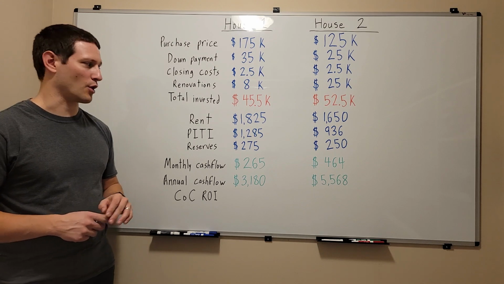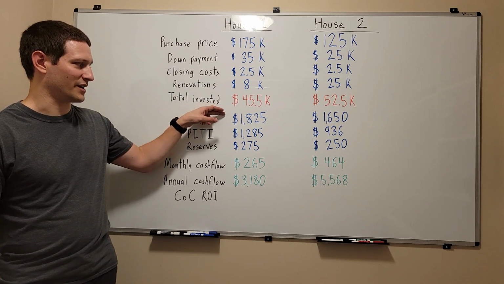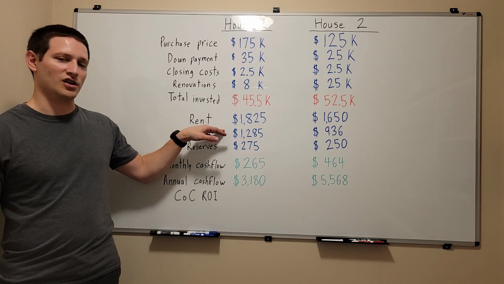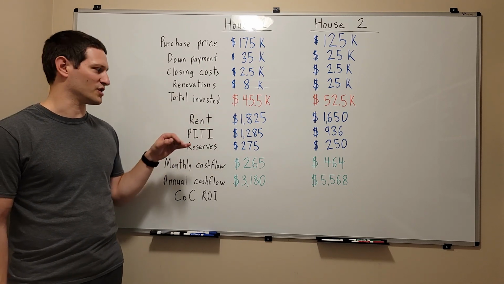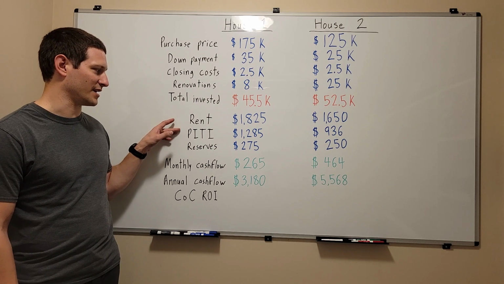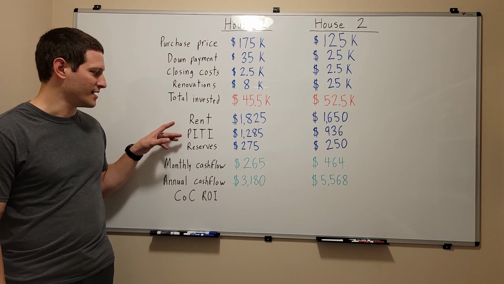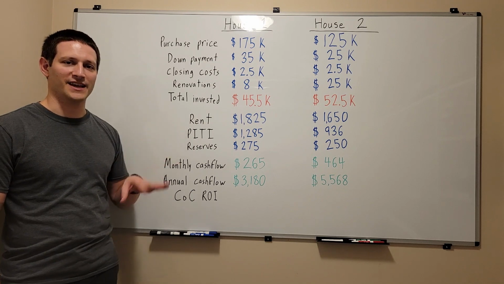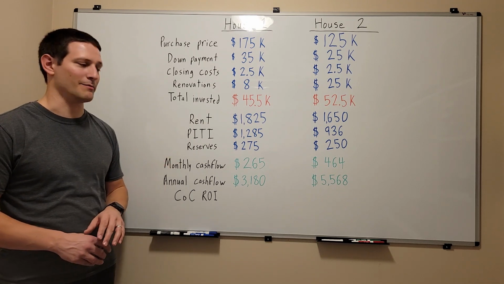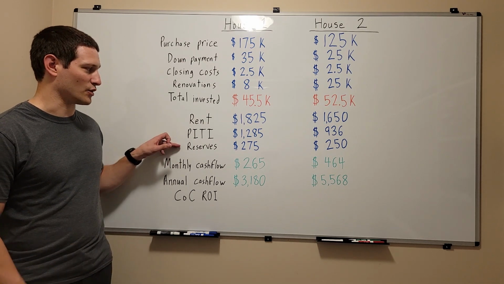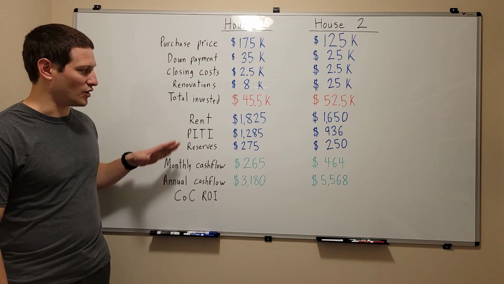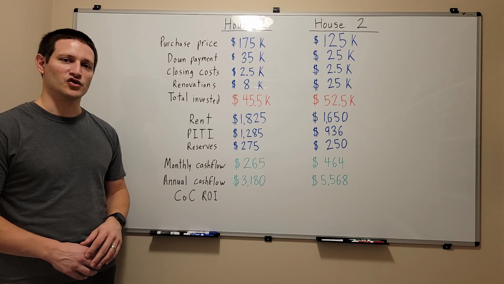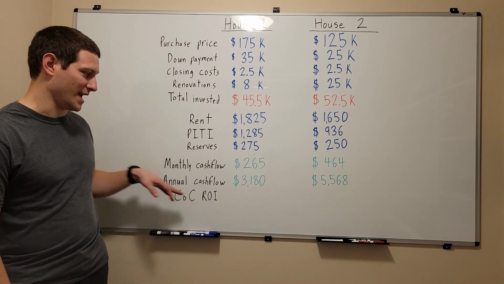And as we've talked about through our underwriting, we thought we could have gotten $1,825 in rent. Combining the principal, interest, taxes, and insurance, those are our main expenses here. The tenant would have been responsible for all utilities. There wouldn't have been any other significant expenses for us. And then our reserves, which is roughly 15% of the rent that we're setting aside for vacancies, capital expenditures, and maintenance and repairs. So to create that reserve account, our monthly cash flow using these numbers comes out to be around $265 a month. So you multiply that by 12 and see that you get an annual cash flow of